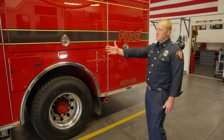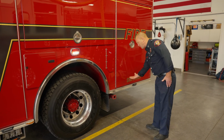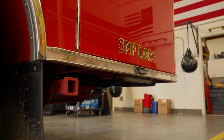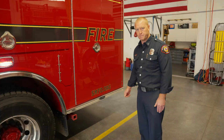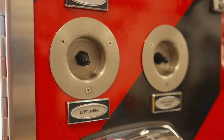Our new Type 1 engine is a small bodied engine, but in the rear, we brought the rear up 3 inches behind the wheels to help with our angle of departure. Here in Southern Marin, we have a lot of steep streets and driveways where angle of approach and departure are very important to us. So moving to the rear, we place scene lighting in the rear so it's easy access for everybody